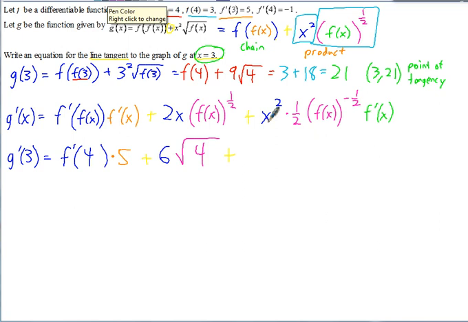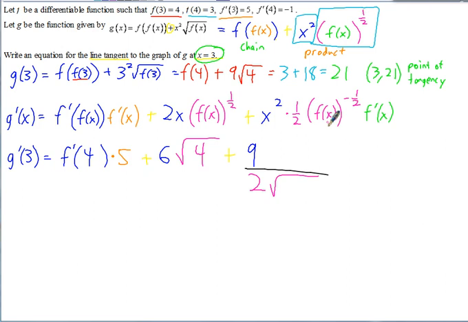Plus, you plug in 3 for x, 3 squared is 9. And let's just make this a big fraction here on this term, because we have this negative fractional exponent. So that 2 is just going to stay on the denominator. And this is also going to move to the denominator because it's a negative exponent. And if we put it back in radical form, that would be the square root of f of x, but we're plugging in 2. So f of 2